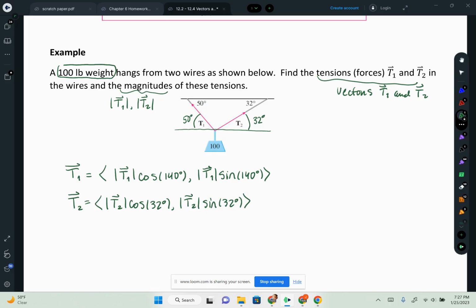And then what we have is this weight, and I'm going to call it W. W is just pointing straight down. Down is negative, so it has no horizontal component, that's 0, and the vertical component is negative 100. Now, one thing that we have to assume here is that if we were to add the T1 and T2